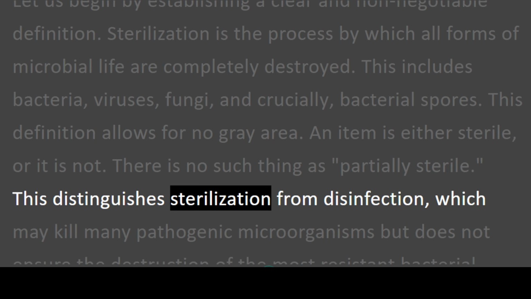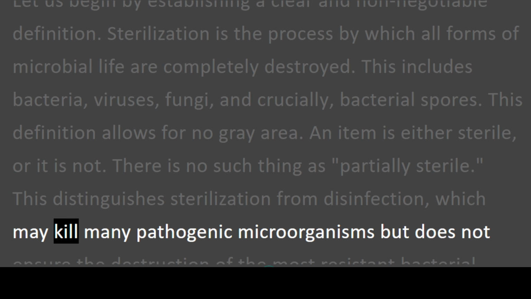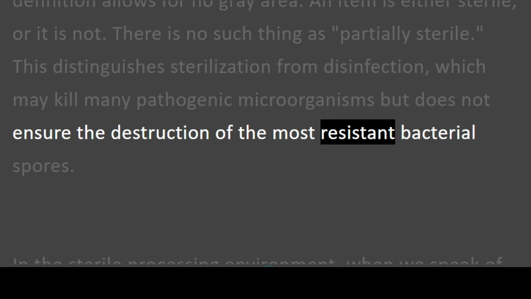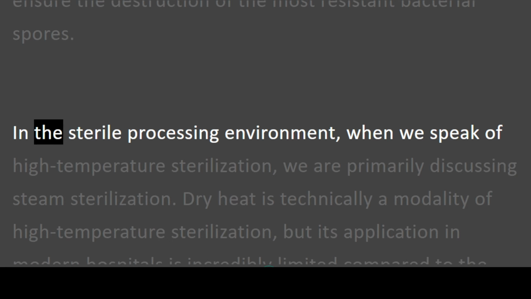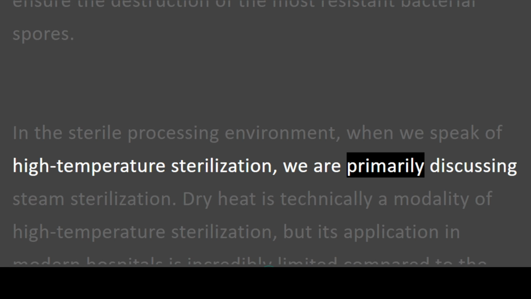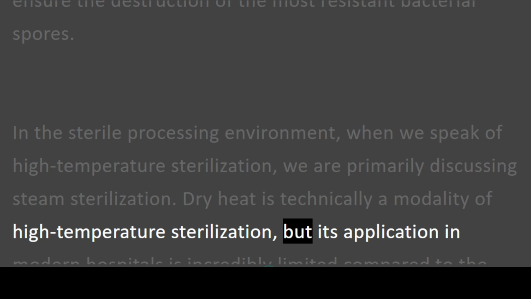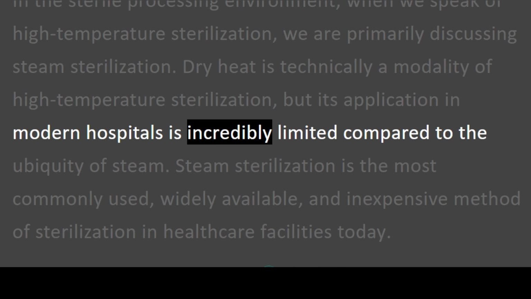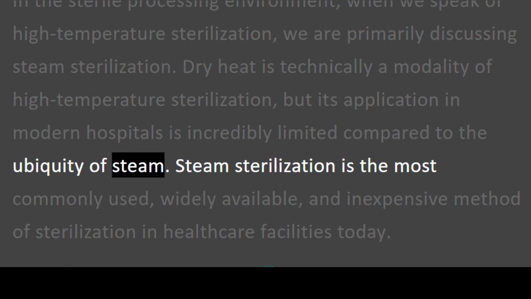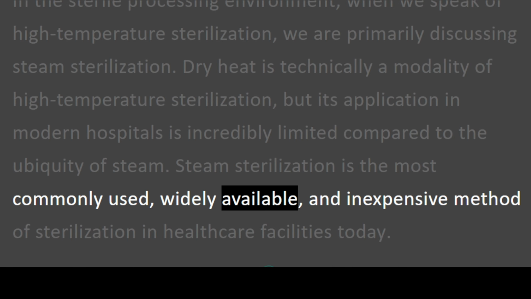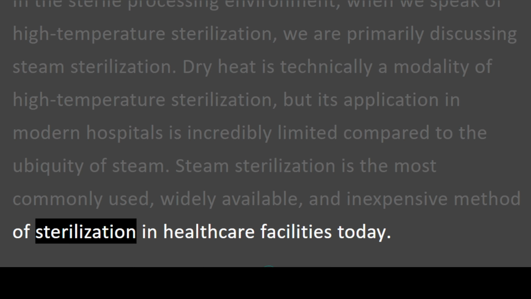This distinguishes sterilization from disinfection, which may kill many pathogenic microorganisms but does not ensure the destruction of the most resistant bacterial spores. In the sterile processing environment, when we speak of high-temperature sterilization, we are primarily discussing steam sterilization. Dry heat is technically a modality of high-temperature sterilization, but its application in modern hospitals is incredibly limited compared to the ubiquity of steam. Steam sterilization is the most commonly used, widely available, and inexpensive method of sterilization in healthcare